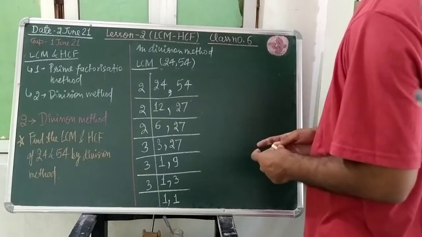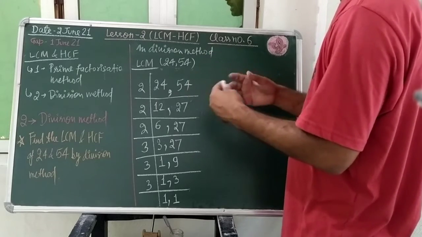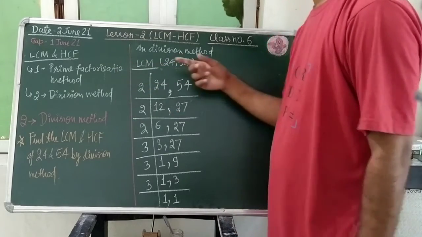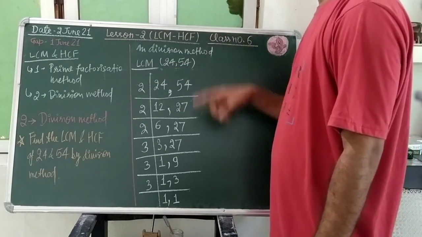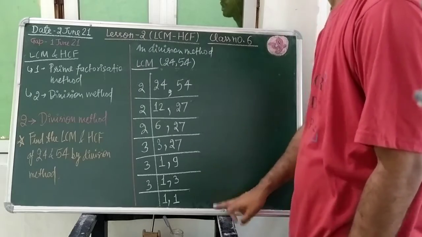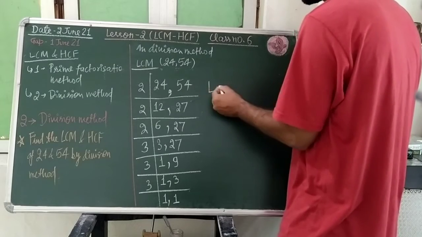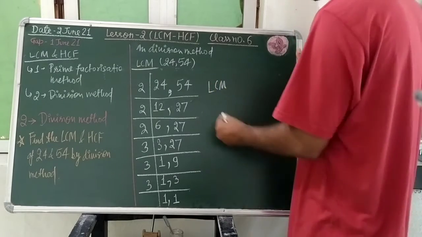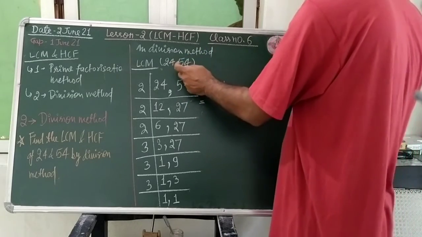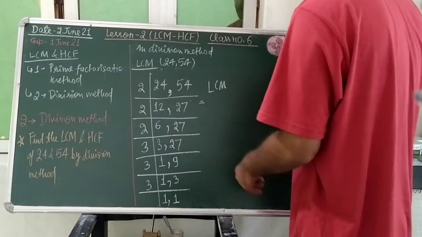So the prime factorization method and this division method are different. It is one method, and it is the second method. In the division method and in the case of LCM, we will apply the rule which is similar to the prime factorization method, but it is not the prime factorization method. It is the division method, that you will notice. That is why I was marking this much, just to notice that it is the division method of LCM, and in that case we shall select all the numbers and apply the rule which is similar to the prime factorization method.